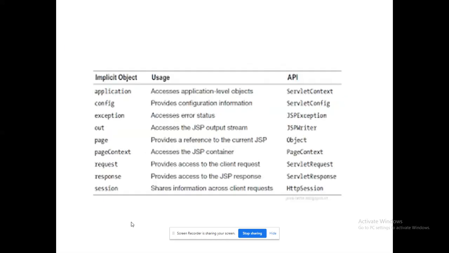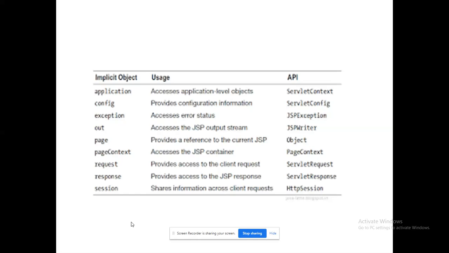Right? These are some of the implicit objects in JSP that you must know, because these implicit objects only will help us to work with the web container, nothing but to work with the servlet. These are all necessary for my JSP. Right? These are all JSP implicit objects which are necessary to handle the servlet, which is available in my web container, or which is ready to be generated in terms of my JSP.